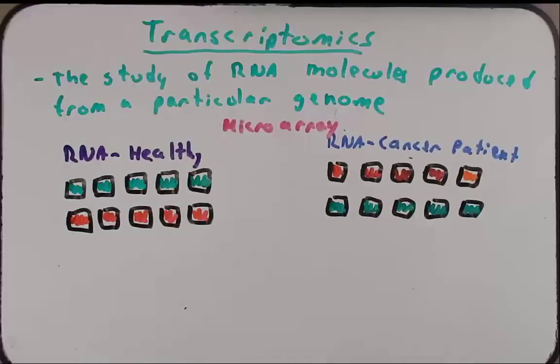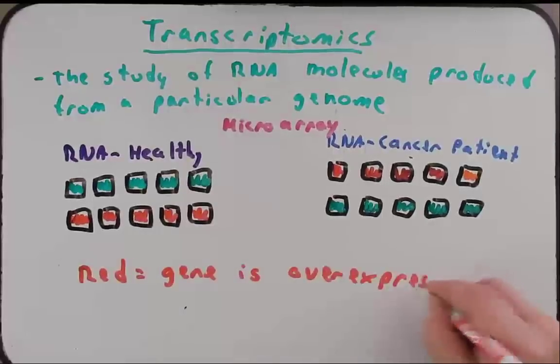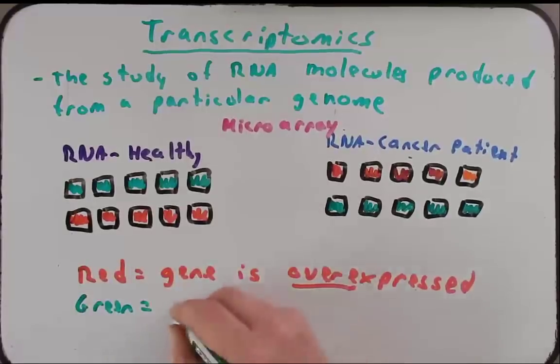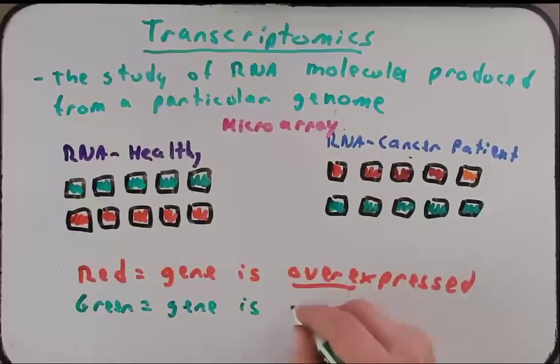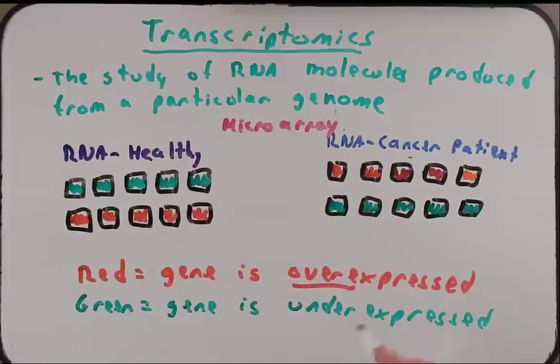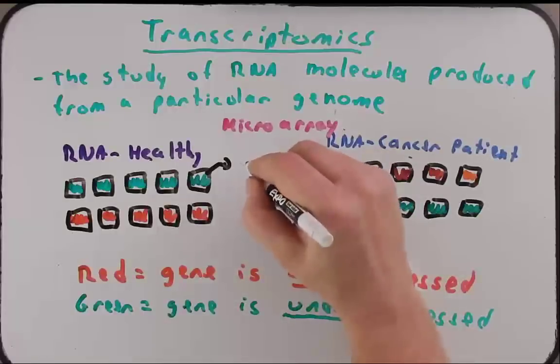It's a little counterintuitive, but red means the gene is overexpressed. Red to me signifies stop, so I would think it's underexpressed, but that's not the case. It's opposite. Red is overexpressed, whereas green indicates a gene is underexpressed. Again, it's counterintuitive to me, because when I think of being expressed, I think of go, and I would think of green as go, but this is the opposite. It is underexpressed. So what we can tell from this made-up data is that this particular gene is underexpressed.